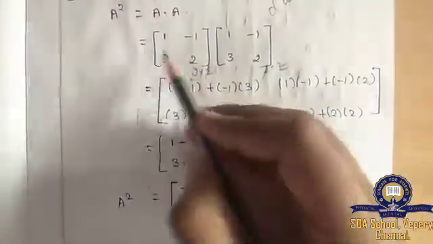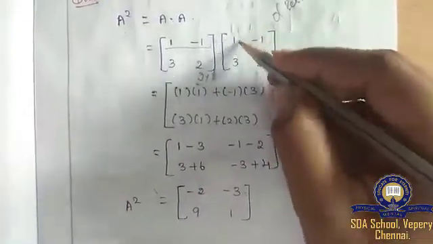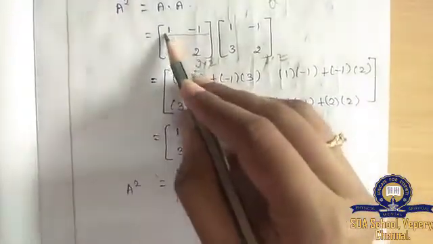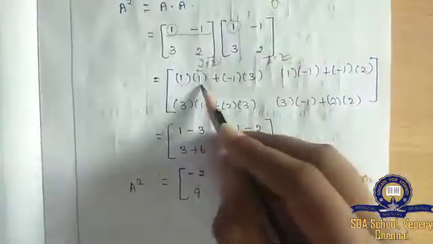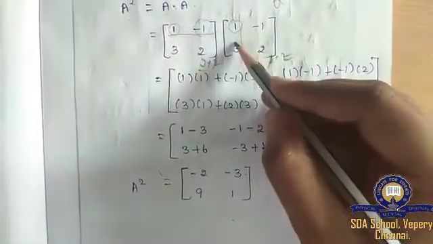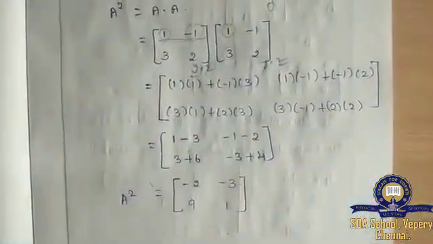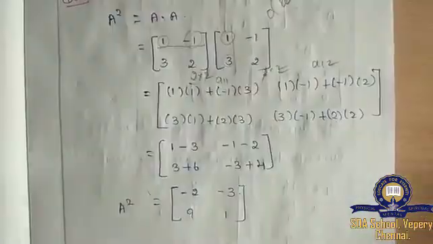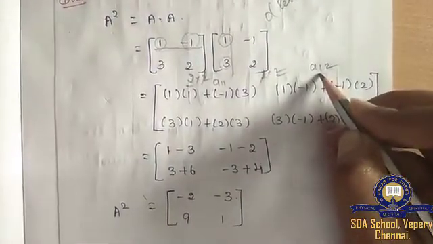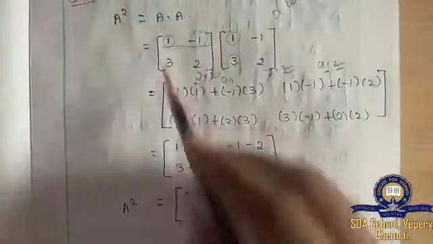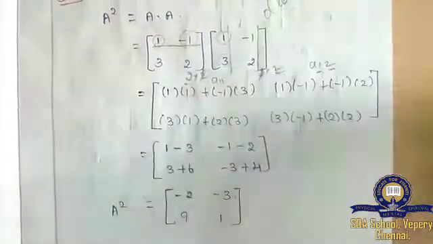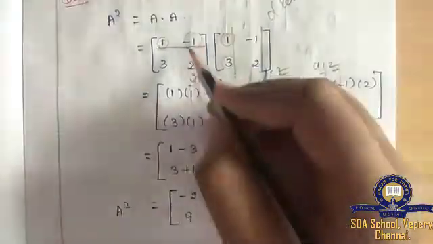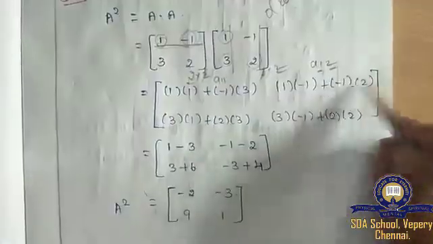So now I am going to multiply. What will happen? The first row with the first column. Okay. So this is the first row and this is the first column. What will happen? So the first element should be multiplied with the first element plus, sorry, the second element should be multiplied with the second element. So this part A11 is over. Now go on to A12. Here I am going to multiply the first row with the second column. So first row, second column. So first element and first element. So 1 into minus 1 plus second element and second element, minus 1 into 2.